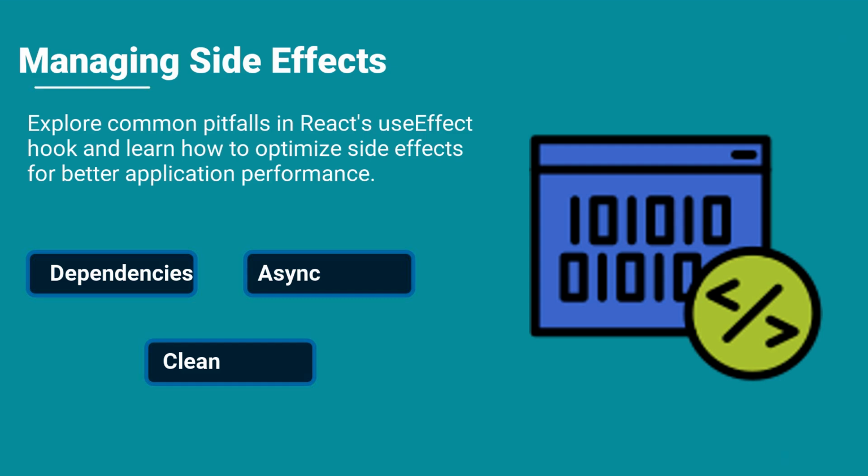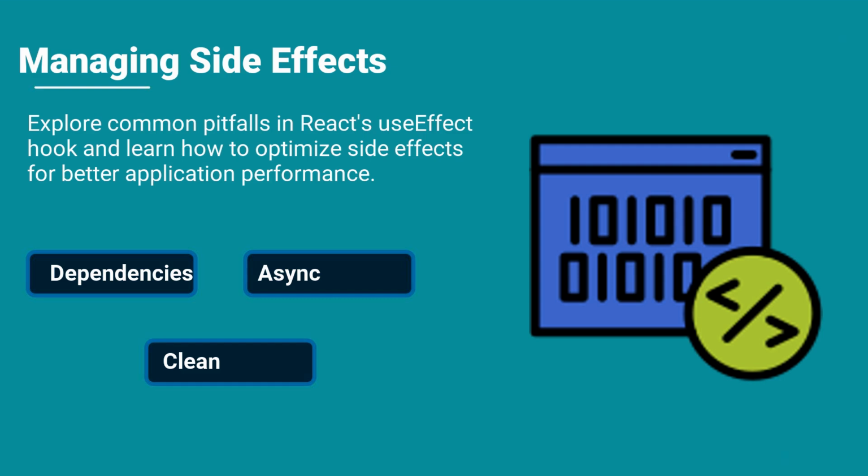Another common mistake is performing asynchronous operations without proper error handling. Asynchronous code can often fail silently if not managed correctly. Always include a catch block to handle any potential errors gracefully. Finally, remember to always clean up side effects. If your effect creates any subscriptions, intervals, or other event listeners, make sure to clean them up to avoid memory